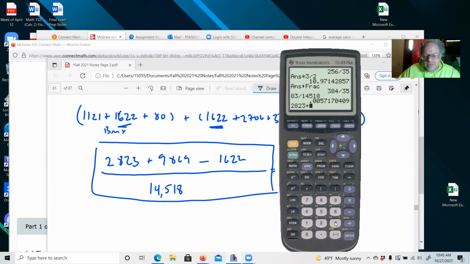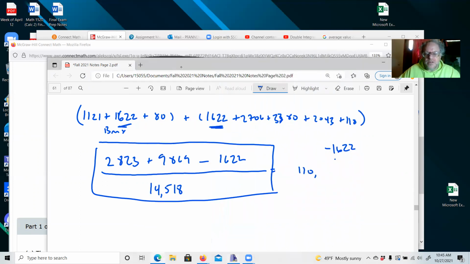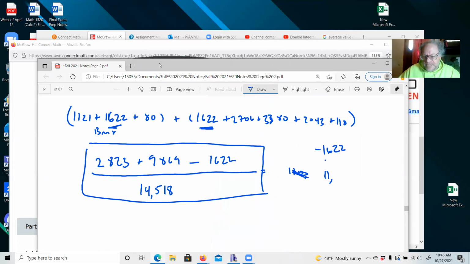2,823 plus 9,869 minus 1622. Set that equal, that's 110. Oh no, it's not that much. 11,000. What we have is 70 over